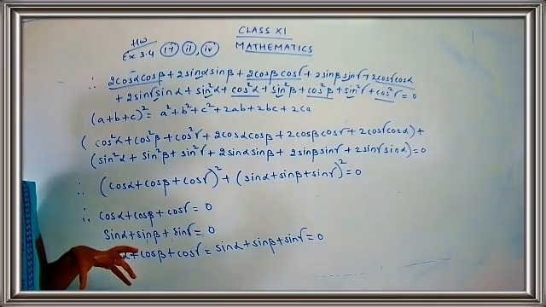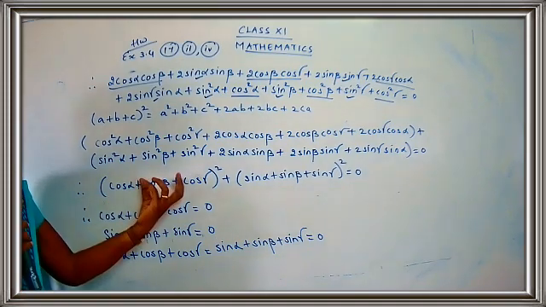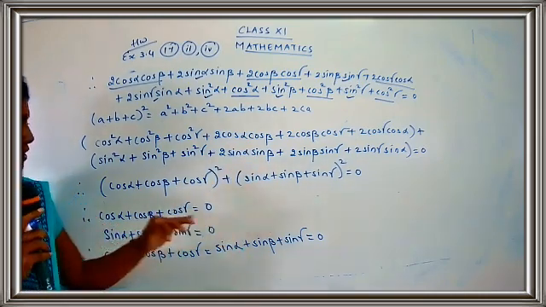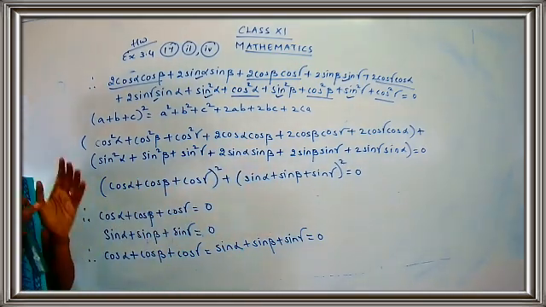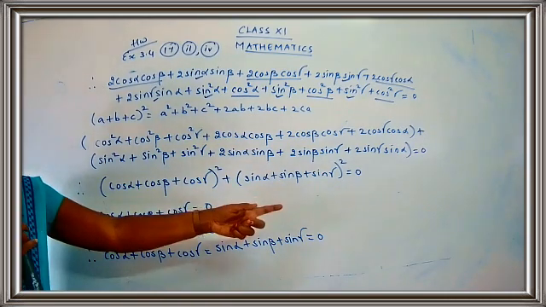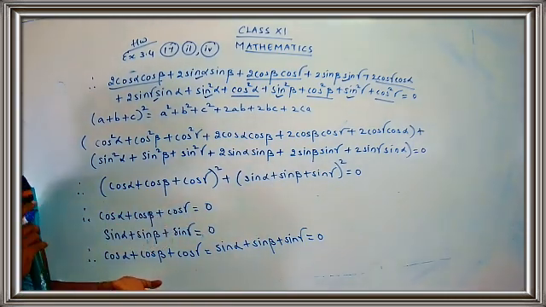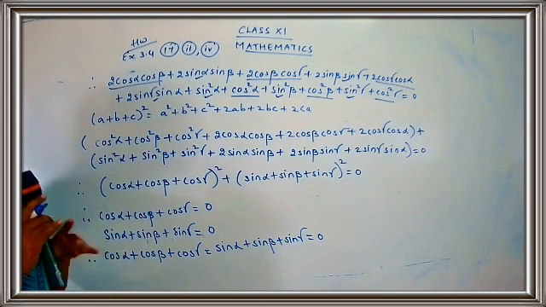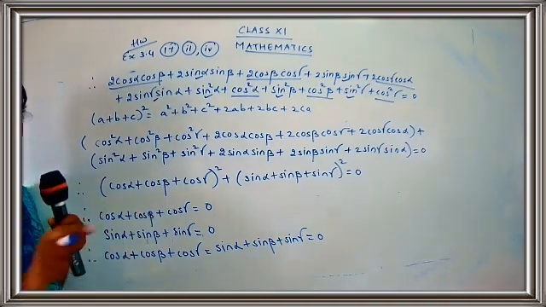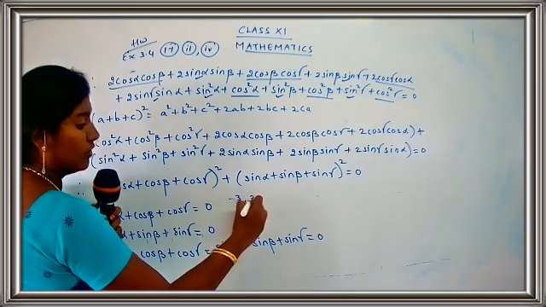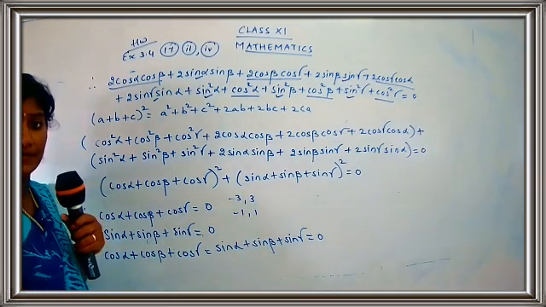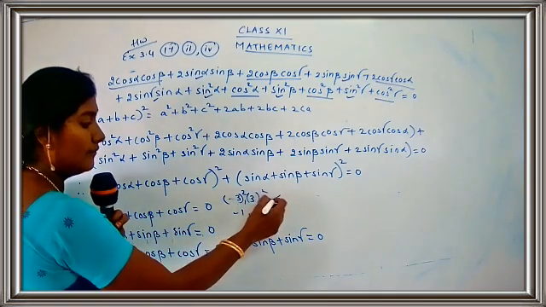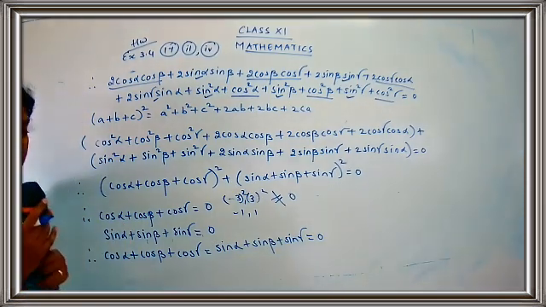The better value to choose is 0. If I take this as 0, 0 square is 0. Again if I take this as 0, 0 square is 0. So when I add 0 and 0, I get the value as 0. Getting my point, children? So you cannot take any other numbers except 0. So you have to take this value as 0 and this value as 0. You may have a confusion about why ma'am is just choosing 0. Why can't we take minus 3 and 3 or minus 1 and 1? Because minus 1 plus 1 gives you 0. No, here because it's in terms of square, minus 3 square and 3 square will not give you 0. So the better option is only 0.